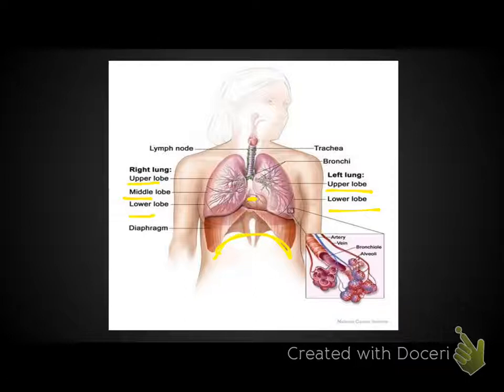the diaphragm. And what the diaphragm is, it's a giant muscle that stretches right across your whole thoracic cavity, and what it does is when it contracts, it increases the volume of the lungs, and creates what's called negative pressure. So the diaphragm